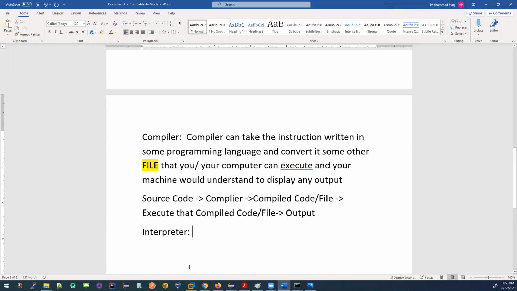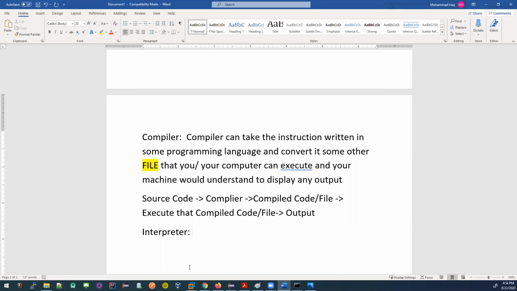The way an interpreter works is that it will take the instruction, read every single line and execute it right away. That means if I say, hey Lisa, tell Emily how she's doing, Lisa will go to Emily and ask, hey, Juel asked how you're doing. Emily will reply and I will get the reply back from Lisa.